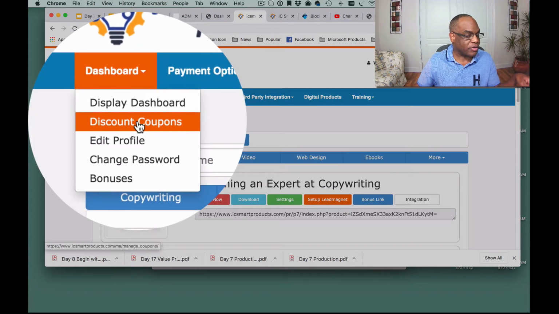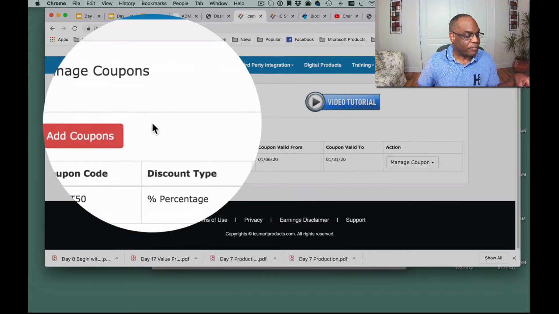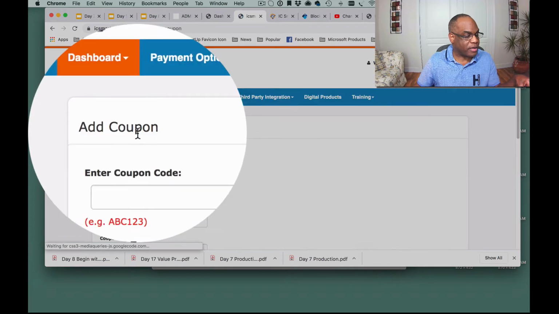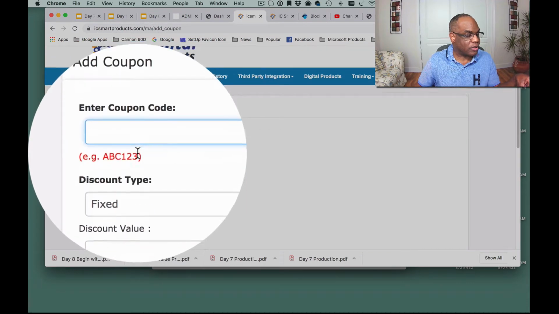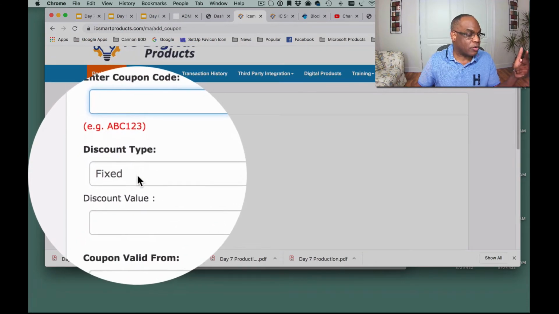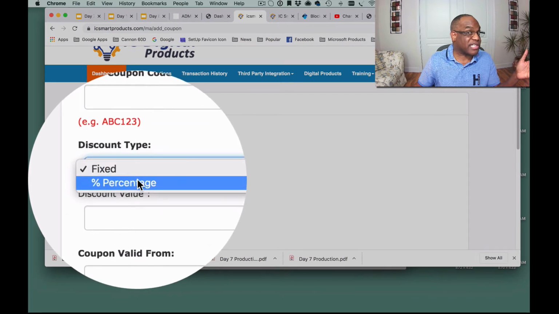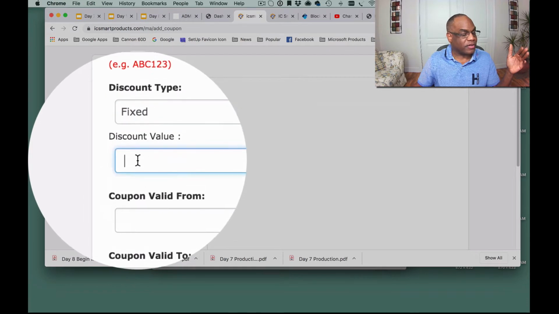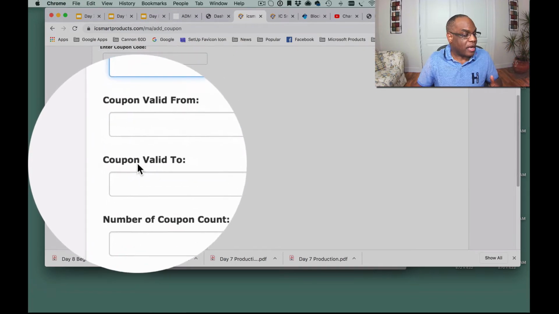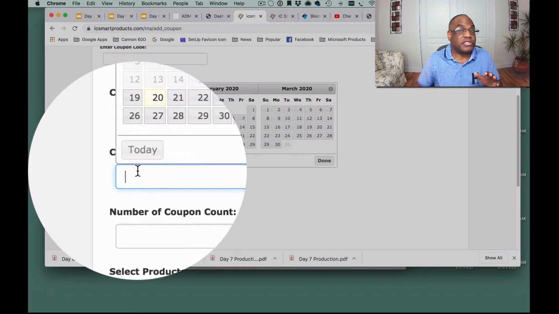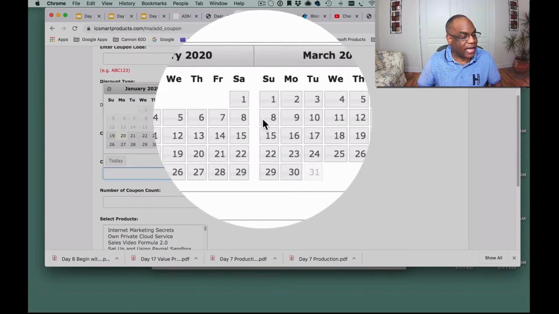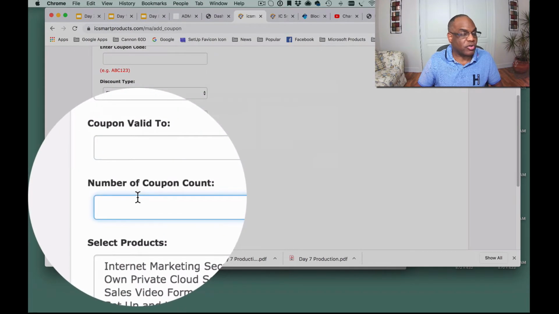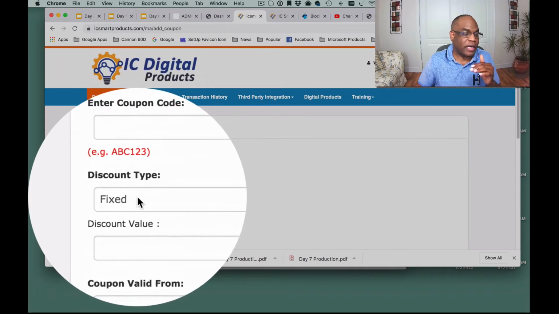You create discount coupons. And depending what the product is, you add a coupon. It's very simple. You add the code. Is it a fixed amount, or is it based on another variable like percentage? Then what's the value? What's the percentage discounted, or what's the dollar amount discounted? And then what time frame? Is it good until this Friday? Is it good till Valentine's Day? Well, you would just use the calendar system to tell it